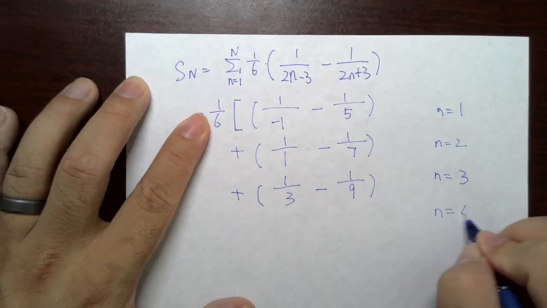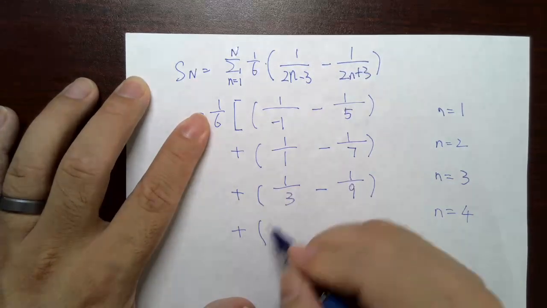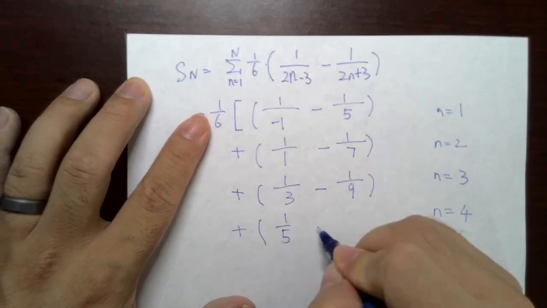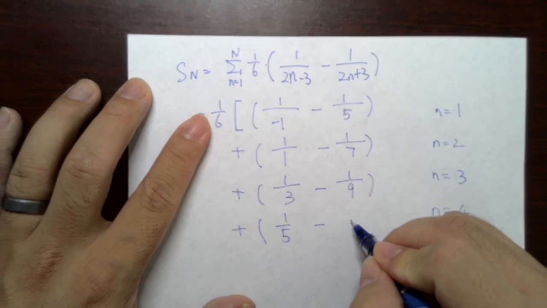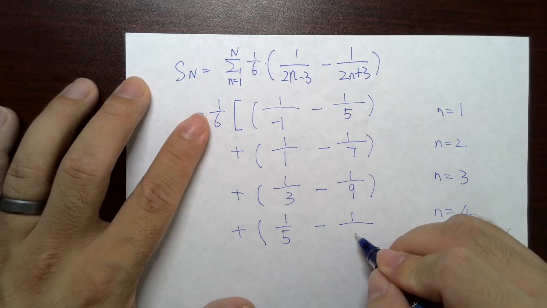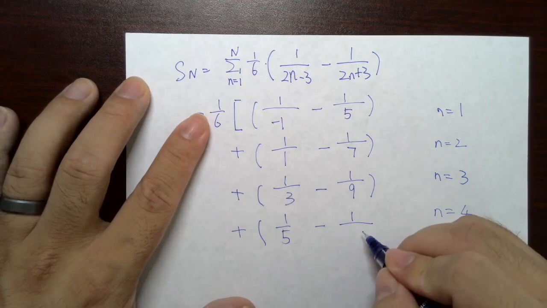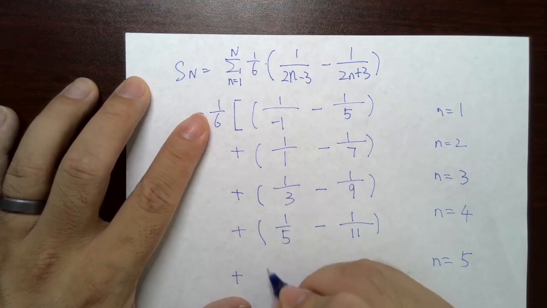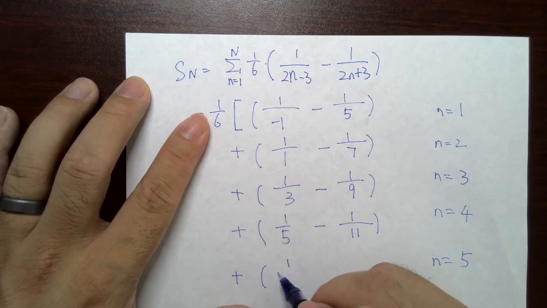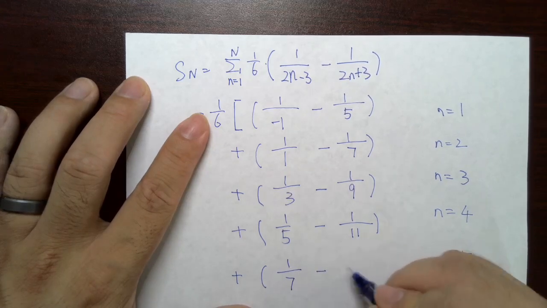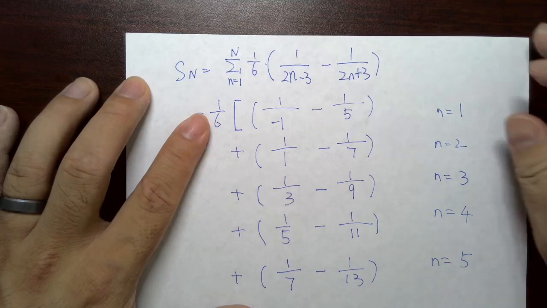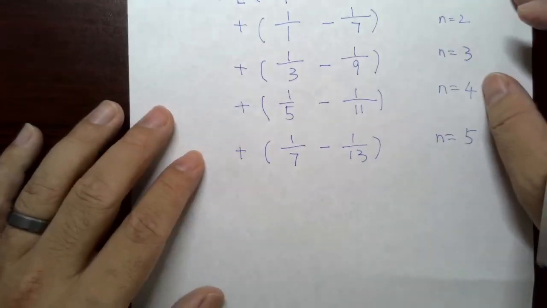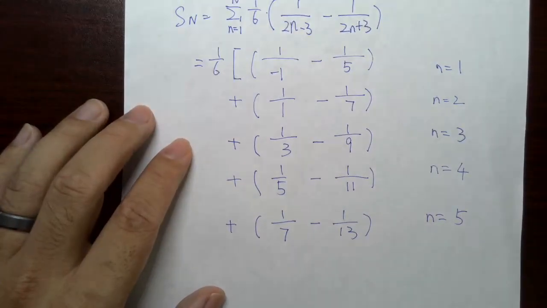And when n equals 4, as you can see, 2 times 4 is 8, minus 5, so it's 1/5 minus 1/11, right? And then I can write one more. When n equals 5, it's 1/7 minus 1/13. Okay, so I think this should be good for the first 5 terms. And as you can see here,